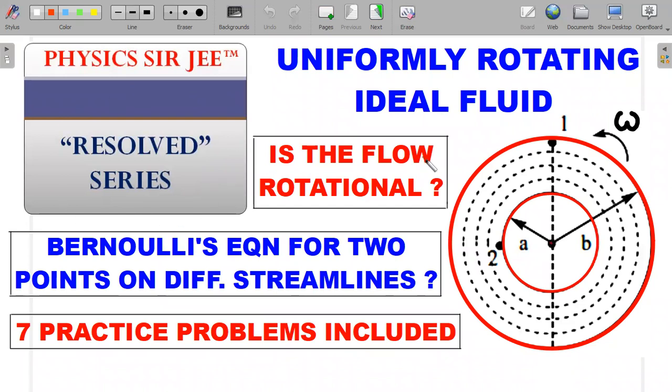to you a problem on rotational and irrotational flows and also the concept of Bernoulli's equation, whether it is applicable for 2 points on two different streamlines. This is something that generally bugs a lot of students, toppers included, and so here we are going to resolve this issue. Not only are we going to resolve this issue through a problem, but also I'm going to give